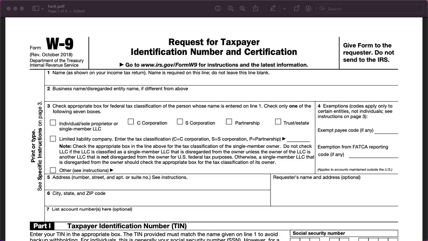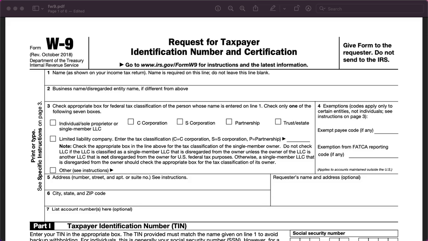But this video will also be helpful for business owners and office managers that are collecting W-9s from contractors of your company or the company you work for, because you can, with the information in this video, review the W-9 form they are giving you to make sure it's correctly filled out. So then when you give it to your accountant who's processing the 1099s, they don't end up sending it back